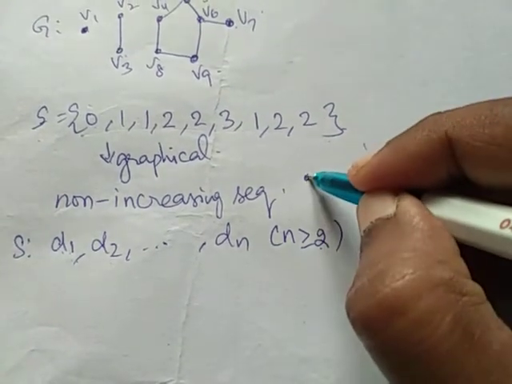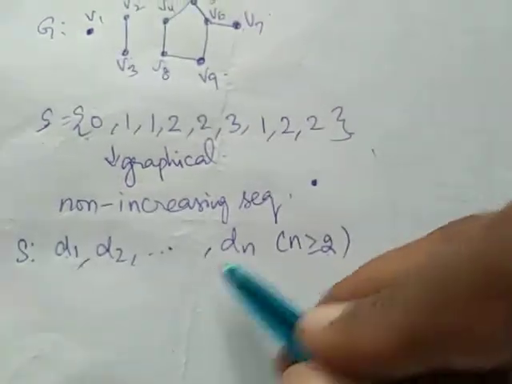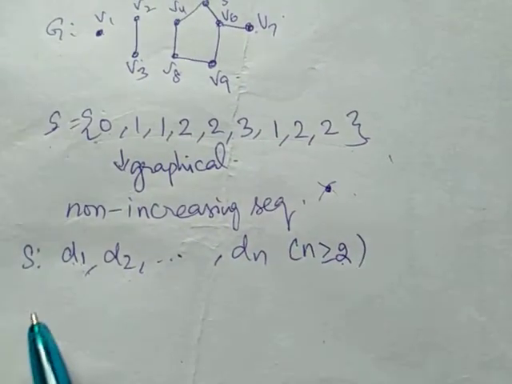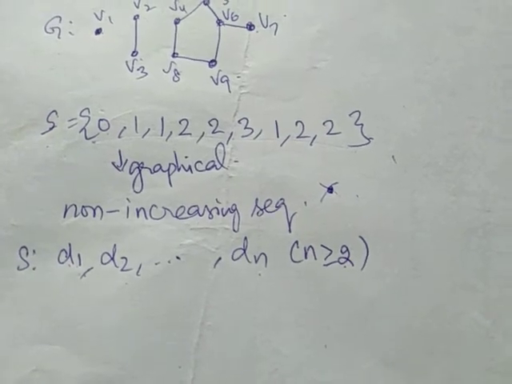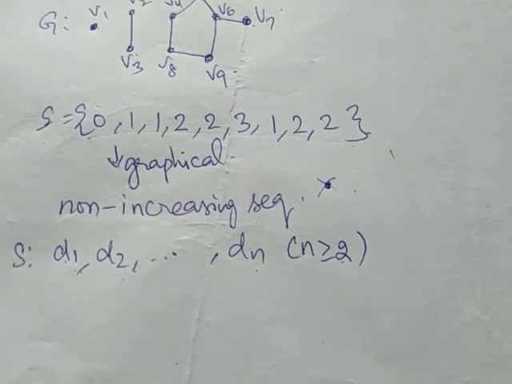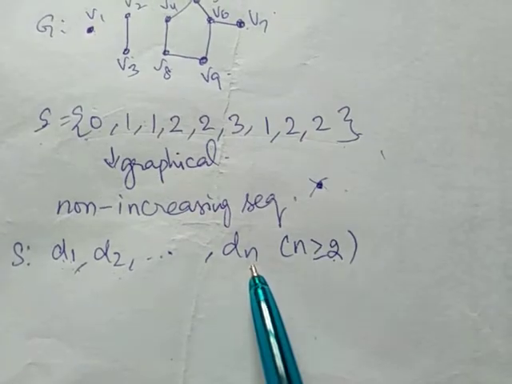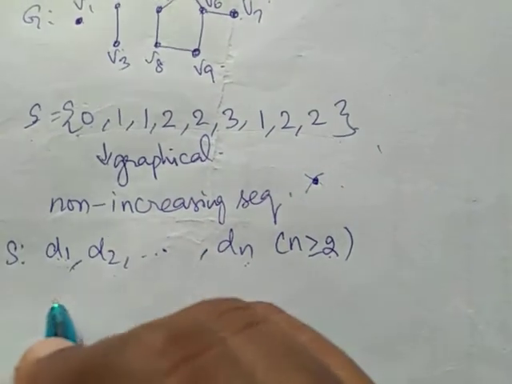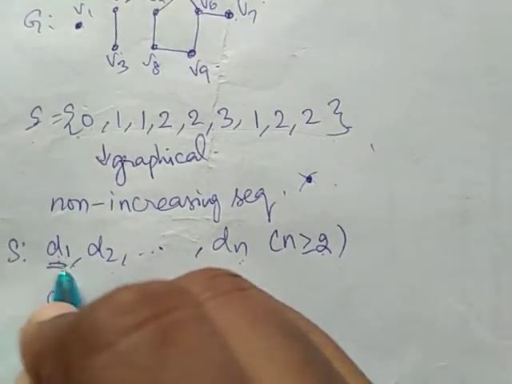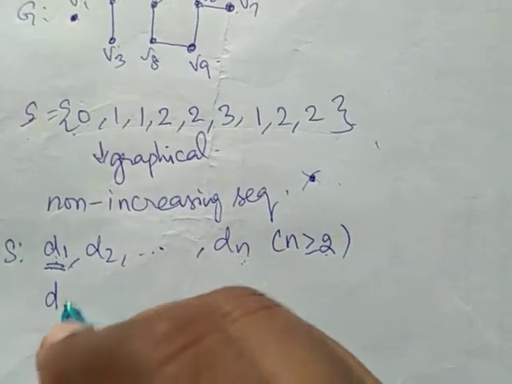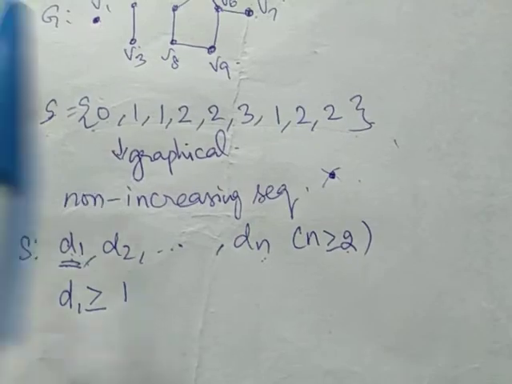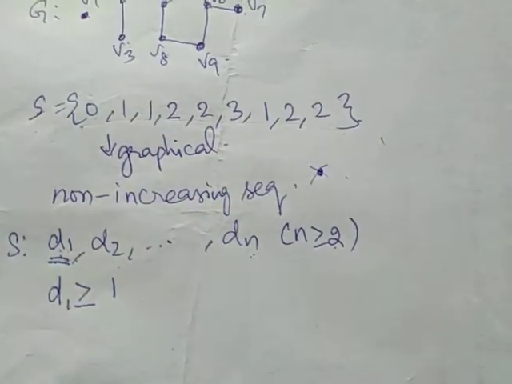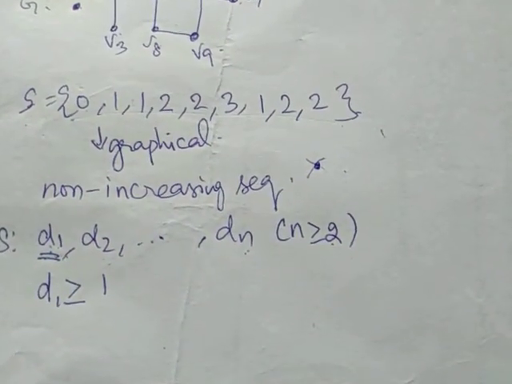If we have only one vertex, the degree will be 0. We will not get d2, d3, etc. So n should be greater than or equal to 2. These are all non-negative integers, where d1 means the very first degree. This sequence we call graphical if and only if